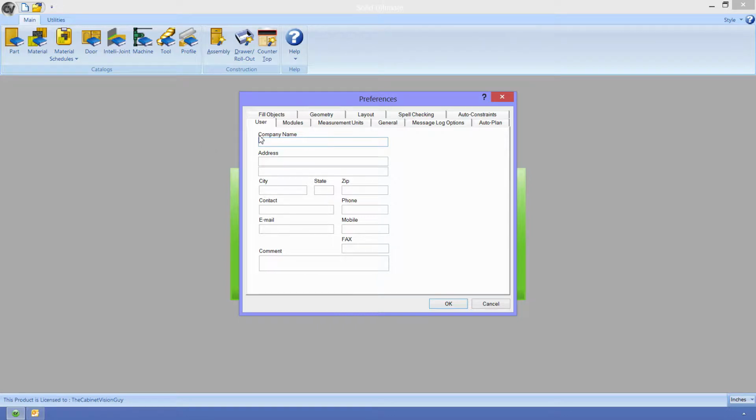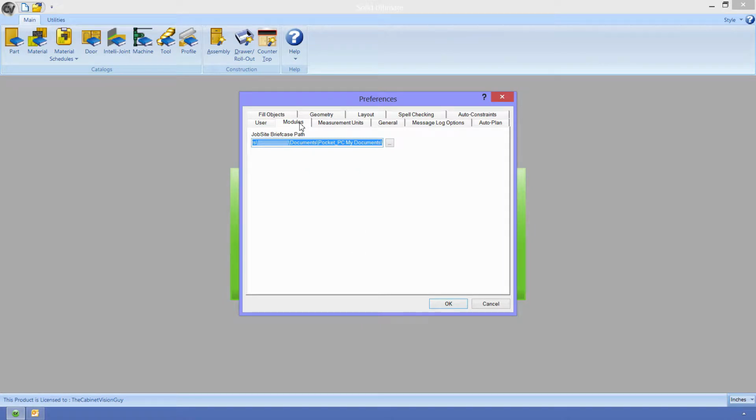Now we can move on to the Modules tab. You may or may not even have this tab. Its presence is based on what your authorization code allows. In fact, that really holds true for the majority of the tabs you'll find here. Keep in mind that I have all the bells and whistles when it comes to Cabinet Vision. So if it doesn't show up for you and you really want it, you need to contact customer service about